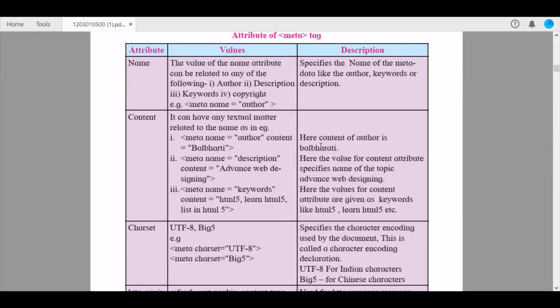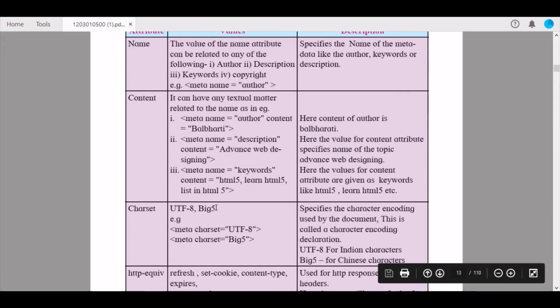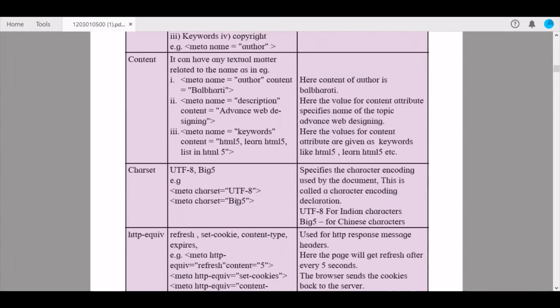Here the content of author is Balbharti. The value for the content attribute specifies the name of the topic, advanced web designing. Here the values are given as keywords like HTML5, learn HTML5, etc. So the content is actually the further elaboration of the meta name you have provided before the content.